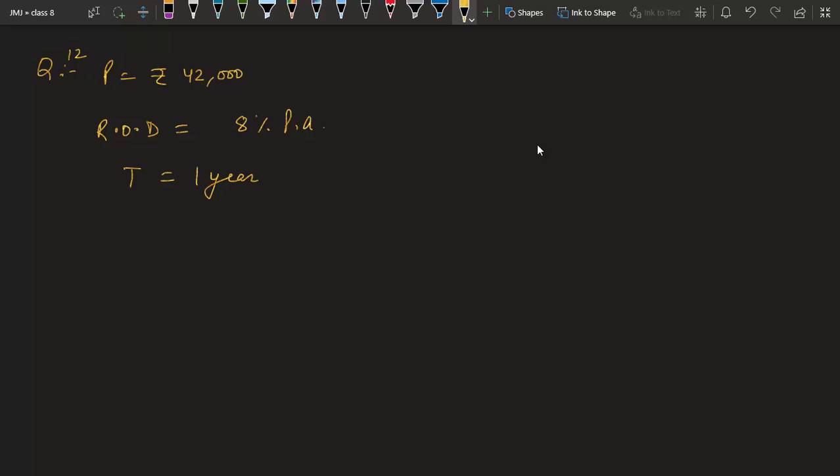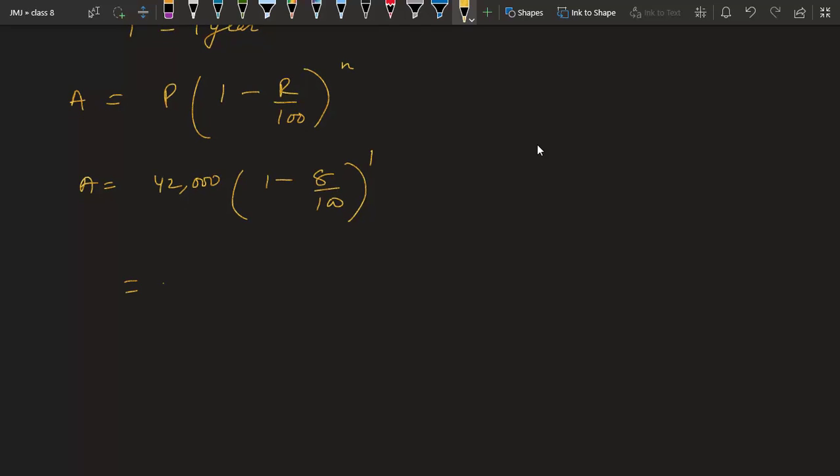Very easy. The formula in this case changes. Amount becomes principal into 1 minus r upon 100 power n. So simply put the value 42,000, 1 minus 8 upon 100 whole power 1. Just solve it, you will get the answer. 100 minus 8 is 92 upon 100. 0 will cancel these two. We just have to multiply 420 and 92 and we will get the answer,